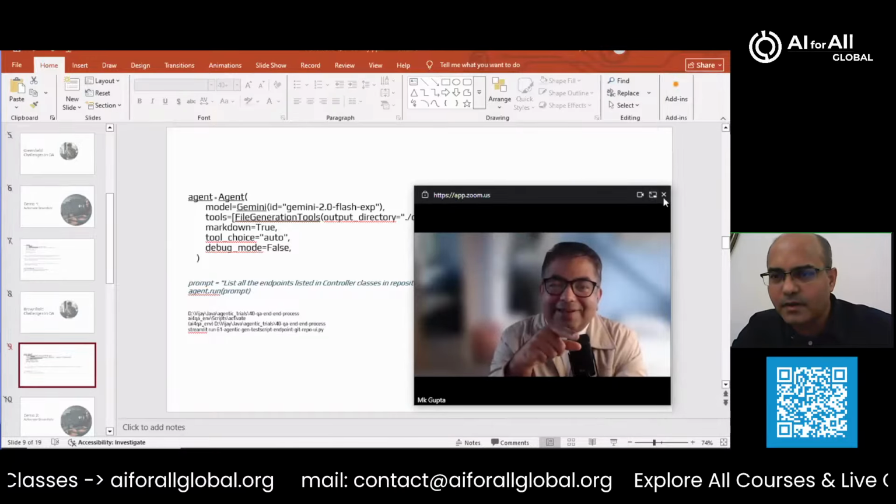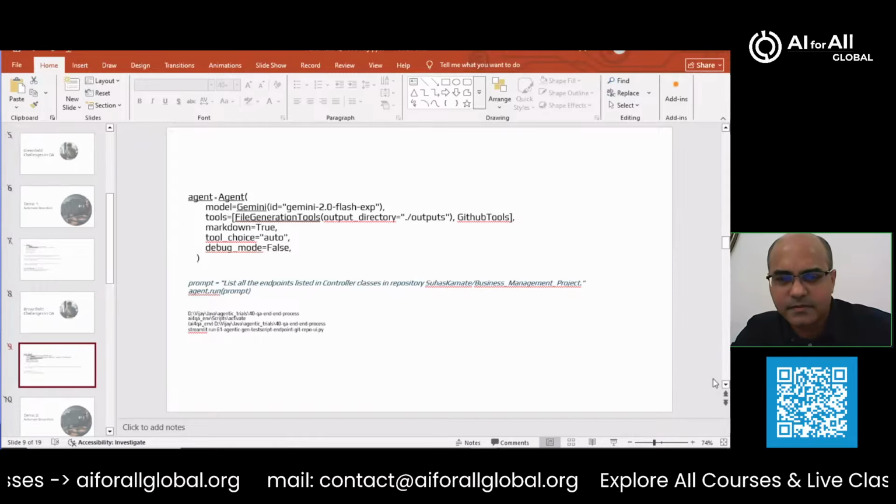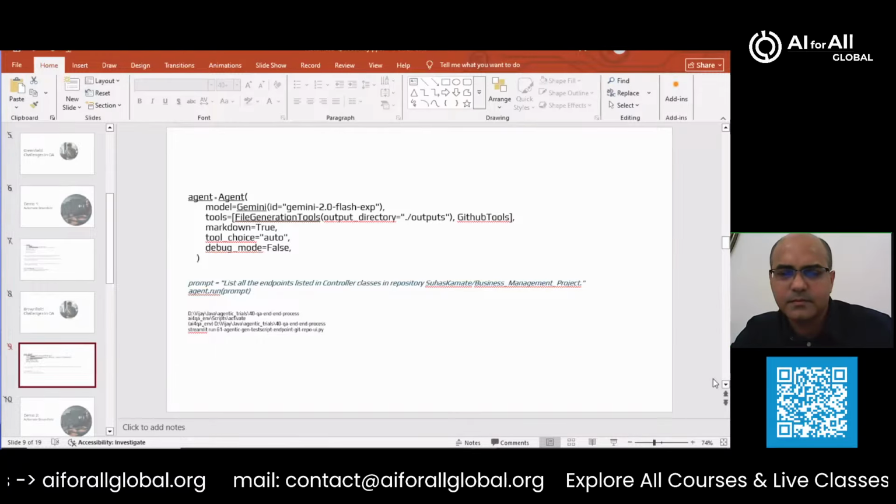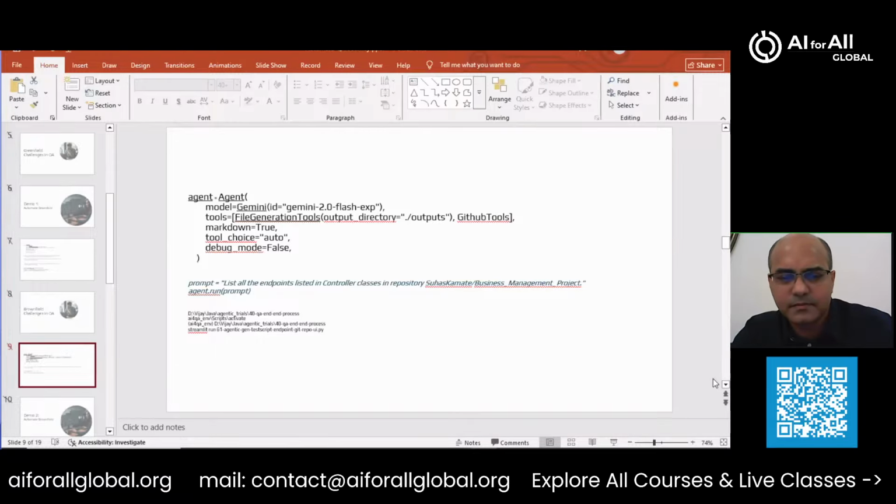Fantastic. So it can understand, and at the same time it can also create a BRD. It can give you the context about the domain and program objective, and then it can also generate the BRD you need, and you can upload it into your project reference and use it. So both ways are possible.